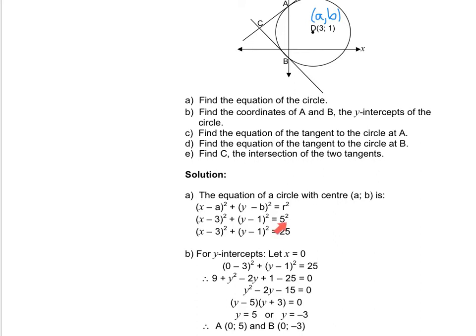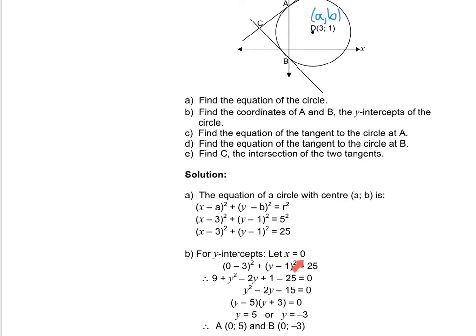If I then simplify my 5 squared, I get r squared equal to 25. My conclusion then, is that the equation of this circle with center AB is (x minus 3) squared plus (y minus 1) squared equal to r squared, which is 25. In question B, we must now find the coordinates of A and B, the y-intercepts of the circle, and therefore